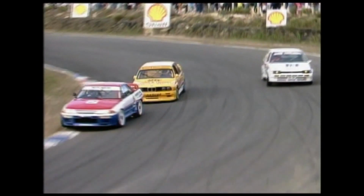They continue to set this pace. I rather doubt Richards can make it up onto the tail of Longhurst. And Longhurst is giving Mark Skaife a fearful time as they come across the line. This is where the Nissan gets away, heading up to the top of the hill. Jones is only 4.6 seconds behind this battle. Now, I wouldn't mind betting that you're going to end up with a situation with 4 cars potentially battling for the lead. 2 Nissans, 2 BMWs. And I think the leader will be...